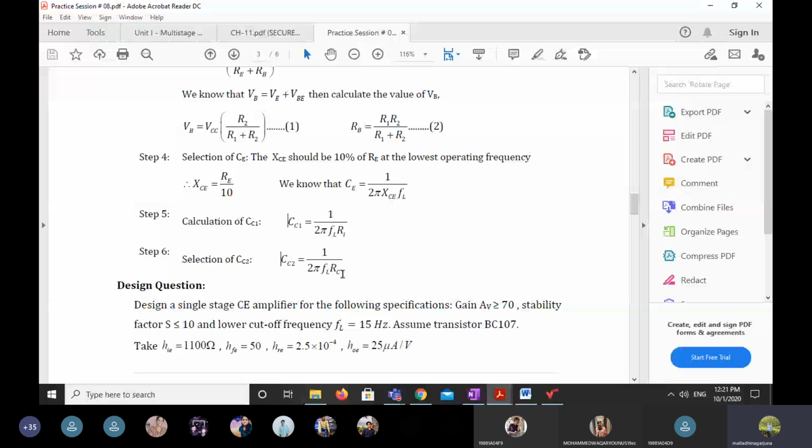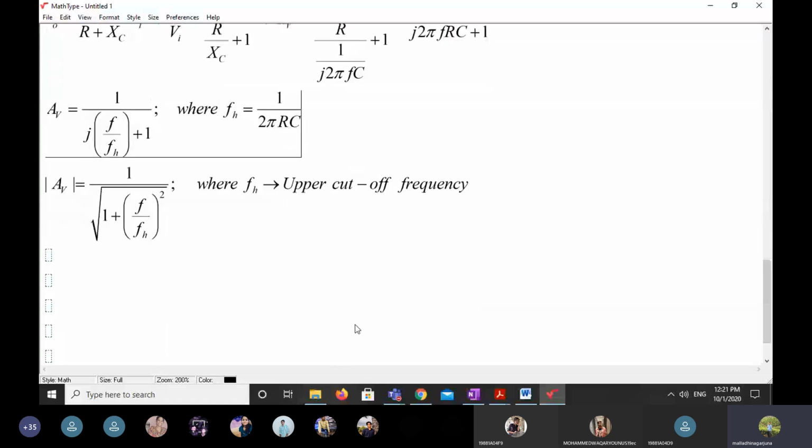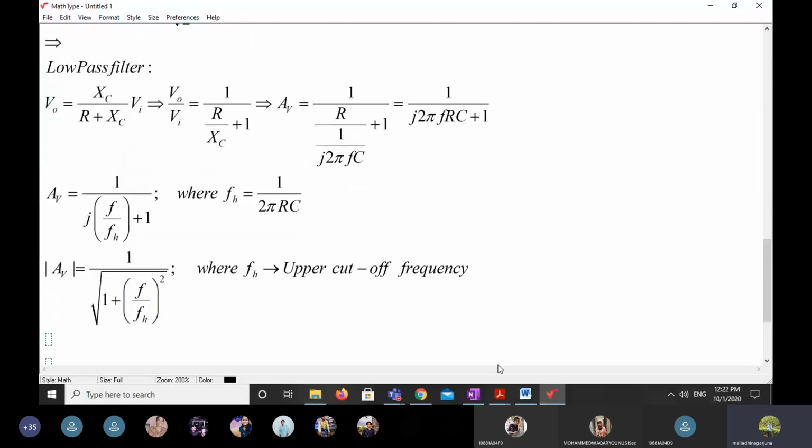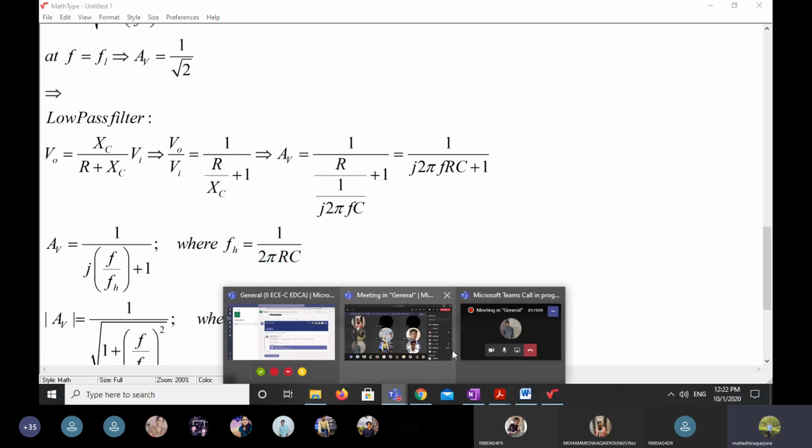Irrespective of both looking the same, if you want to calculate input parameters, the resistor becomes the input impedance and the capacitor becomes the input capacitance. If you want to calculate the output, the resistor becomes the output resistor and the capacitor becomes the output capacitance. The standard formula is the same, but what parameter I calculate depends on which resistor and capacitor are used. So this is low pass filter FH and FL. This is today's class.